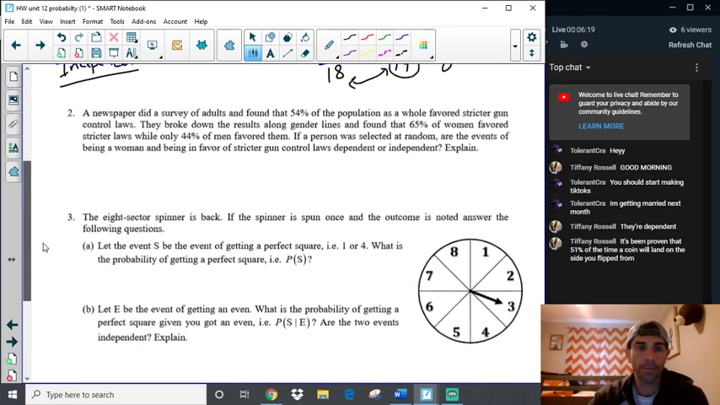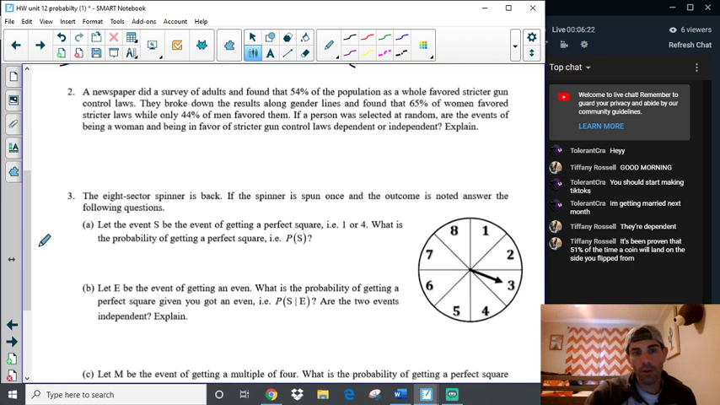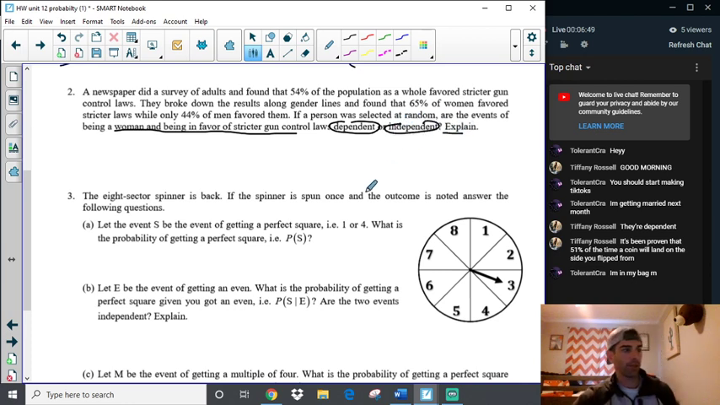Number 2. A newspaper did a survey of adults and found 54% of the population as a whole favored stricter gun control laws. They broke down the results along gender lines and found that 65% of women favored stricter laws, while only 44% of men favored them. If a person was selected at random, are the events of being a woman and being in favor of stricter gun control laws dependent or independent? And explain. Okay, so now here we're going to say dependent,